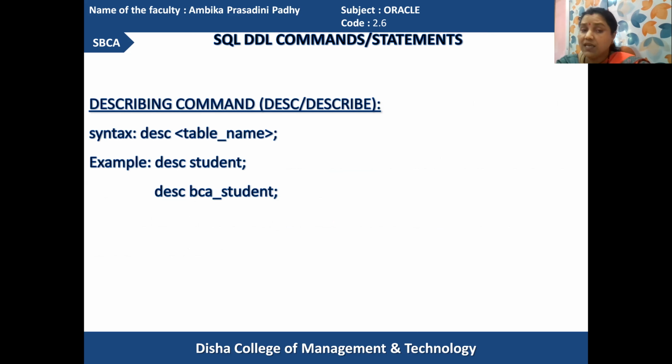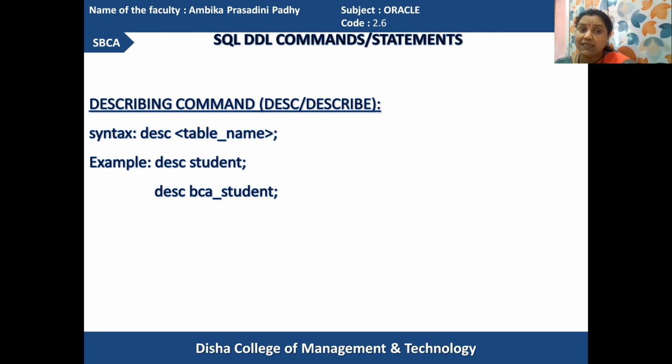When the tables are created, how the table is created, what the fields look like, what the table structure is, you can view using another command, that is the describe command. You can write DESC or DESCRIBE. The describe command helps to display the table as it is created.